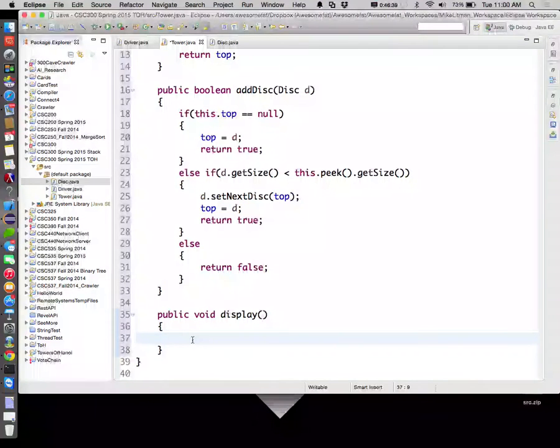So if there is a disk that's size 1, 2, and 3 in there, I should see a 1 with a 2 and a 3 underneath it. How would you write that? Using only what's in our class right now. Using peek and get next disk. Okay, well, I get next disk, yes. Okay, I could use the peek to get the top. So while top is not